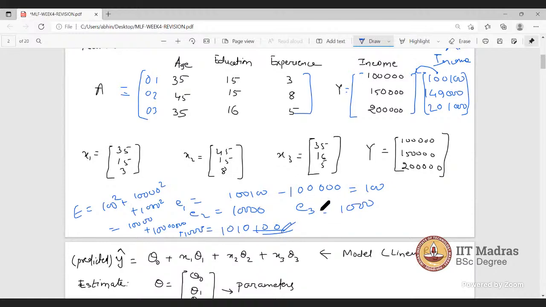This is a squared error. Now, if you want to find mean squared error, then what you will do? You will divide it by the length. So you will divide 1 by 3. And if you are using sum squared error, you will do half into E. I hope it clears how to find error.